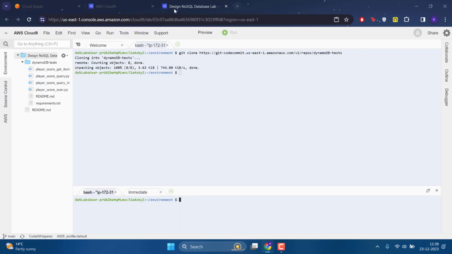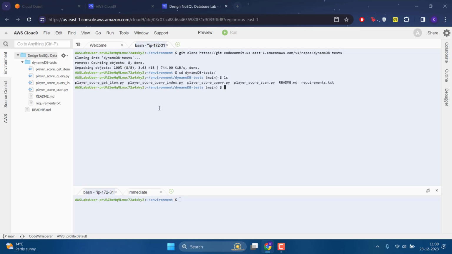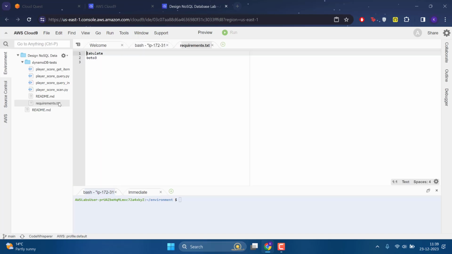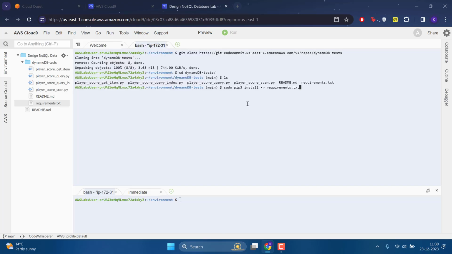Okay, that being said, let's go here, and they want us to cd into the DynamoDB folder. So right now we are here. They want us to go here. So let's type Dynamo and tab it. So I think if I list, we can see all the files here. What did we want to do? We want to run this pip command for the requirements, because there is a requirements document here. If you open that, all it has is tabulate and boto3, so it is going to install those two.